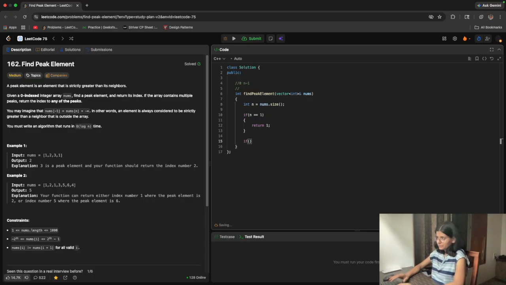Now we'll check for nums[0]. It is clear that we have more than 1 element in nums, because we checked here.